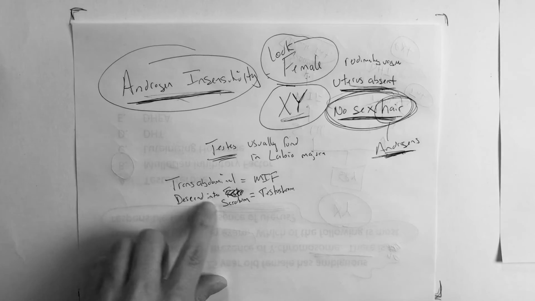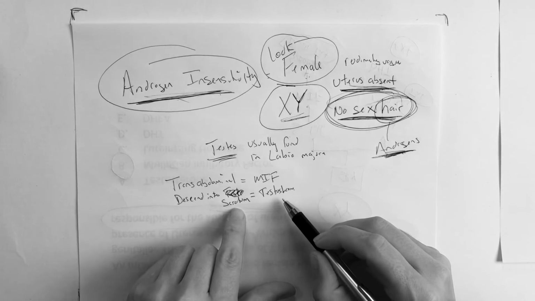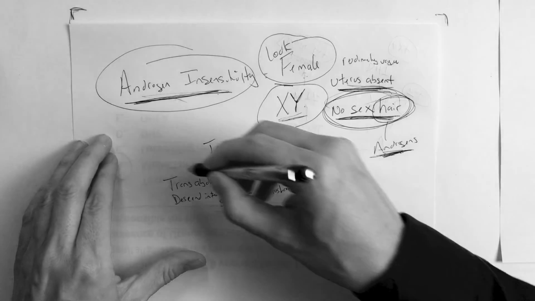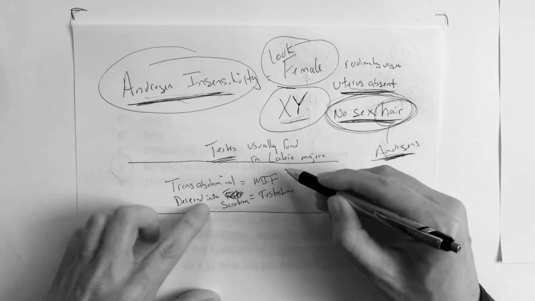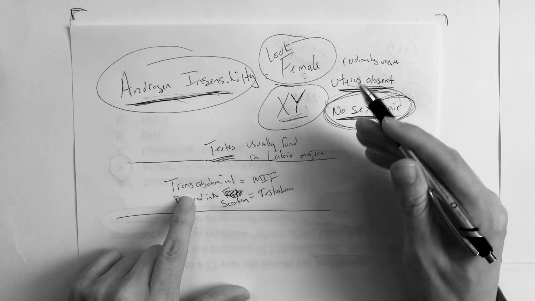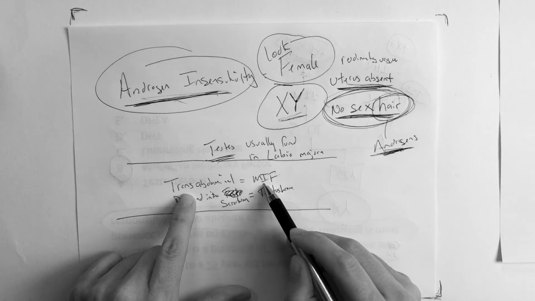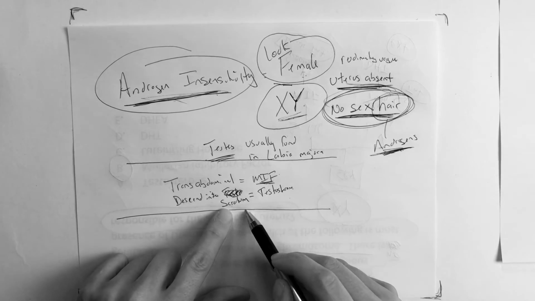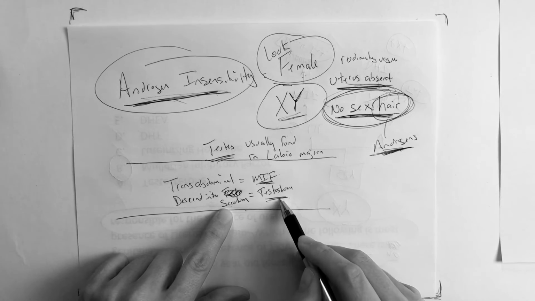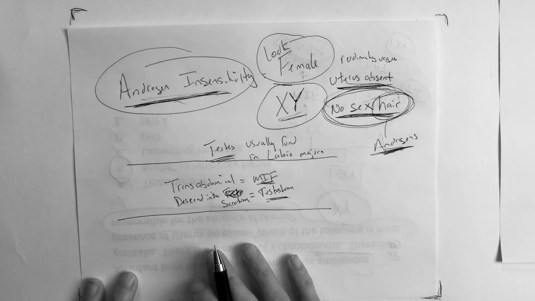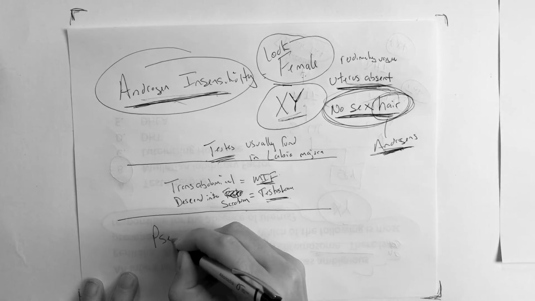Okay, so that's just what you need to know of how they come down. Again, transabdominal is due to Mullerian inhibitory factor, and they descend into the scrotum due to testosterone. Okay, some other terms that you might actually come across, and this is in your Step 1 book, is